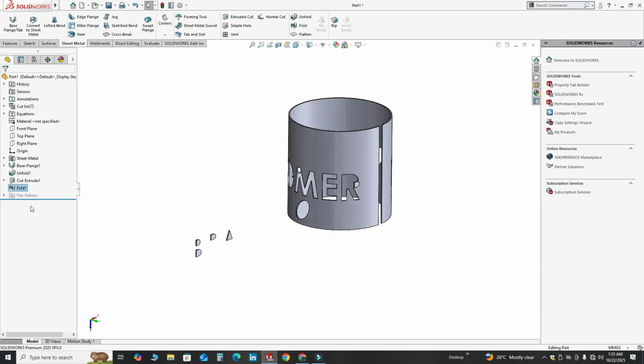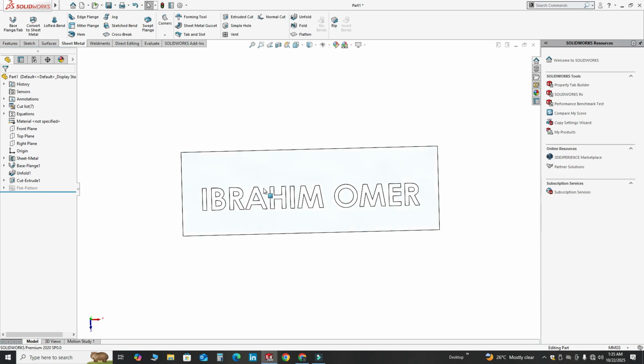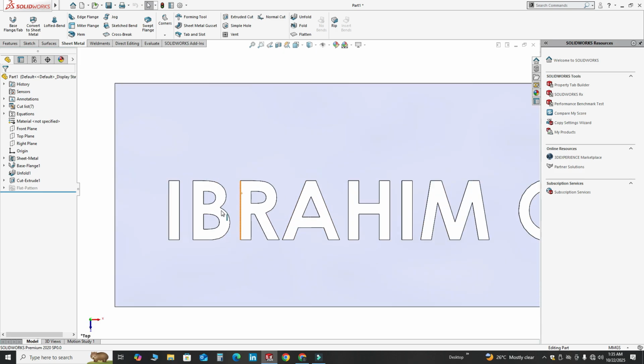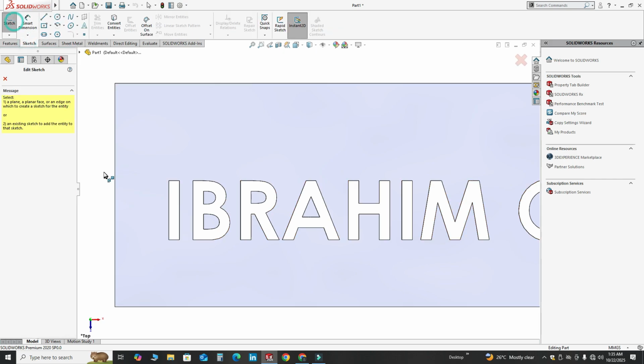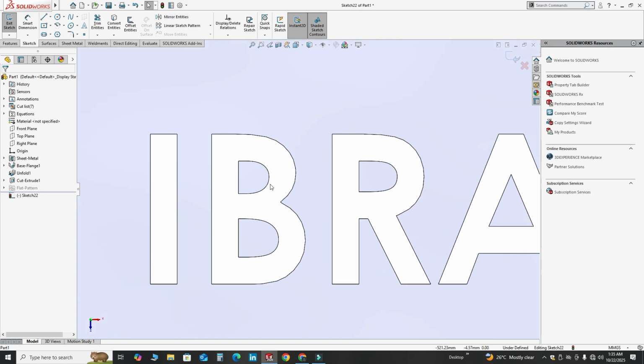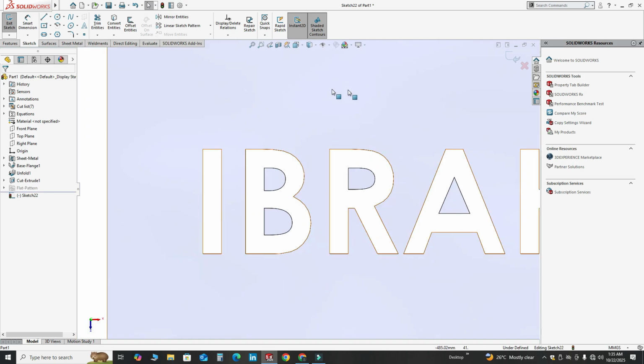So I will delete this fold command. Basically, we have to create some bridges. So for this, I'll go to here sketch. I will select this face, and we have to create some bridges, because you can see this part is not connected to this main sheet metal body.